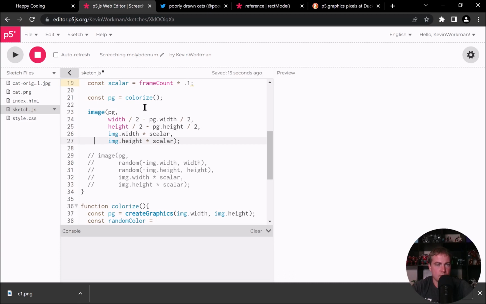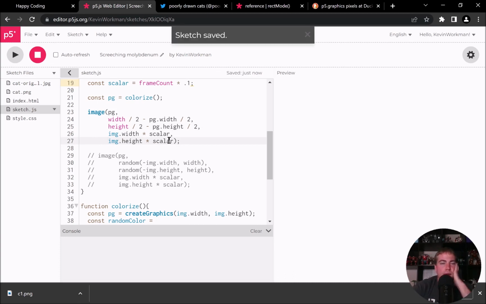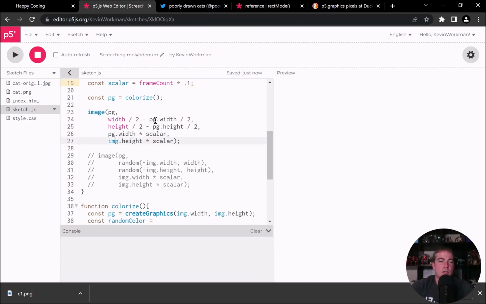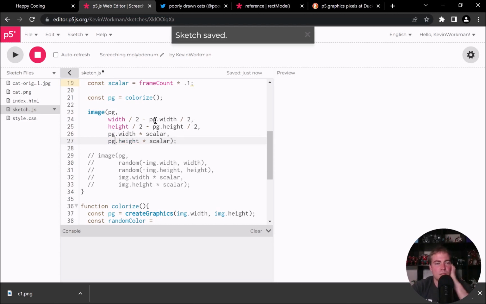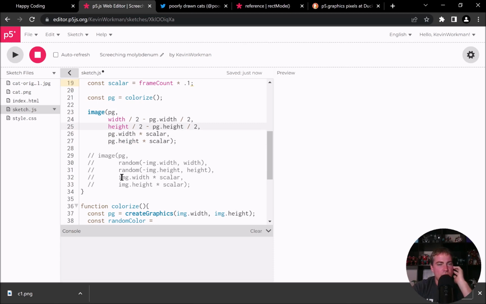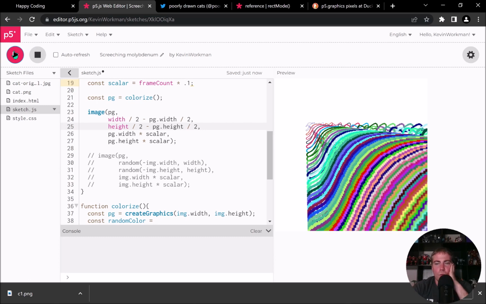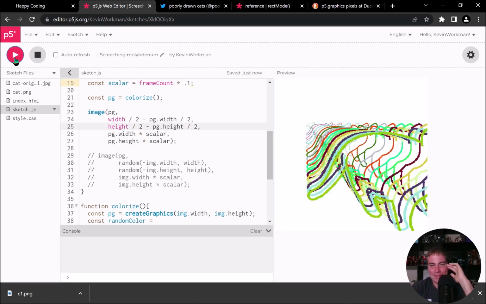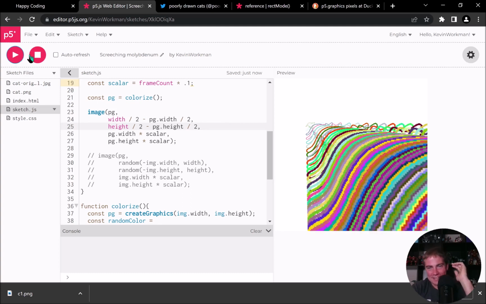Okay. Is there a tab in there? No. Okay, wait, this needs to be PG. Actually, it doesn't really matter, but whatever. And actually, maybe that's why. No, never mind. Ooh. What just happened? Okay, not what I expected. Okay, and I know why. I mean, that is kind of cool, but